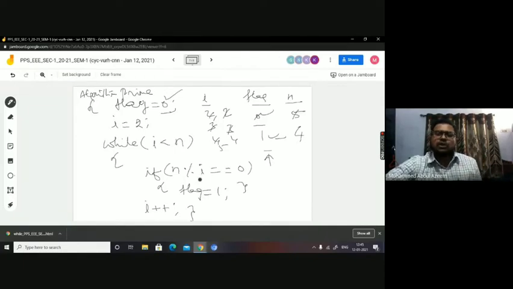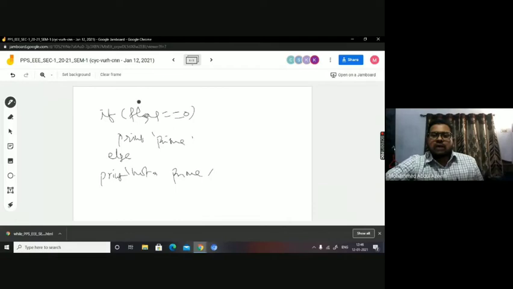Until you make the complete divisions from the set that you have taken, from 2 till n-1, you don't want to take a decision. So inside the while, you want to perform all the divisions varying from 2 till n-1. After you check with all such values from the set 2 till n-1, then you are taking a decision, when you come out of the loop.